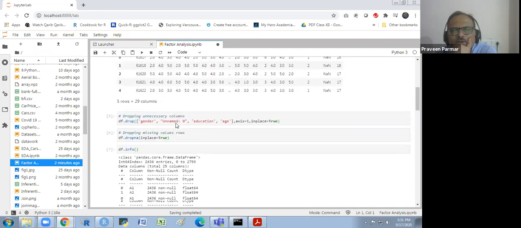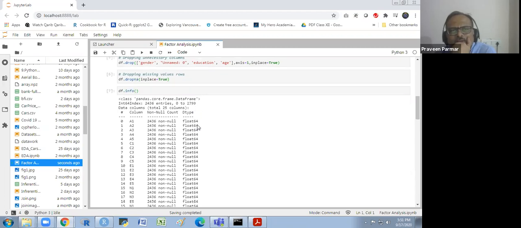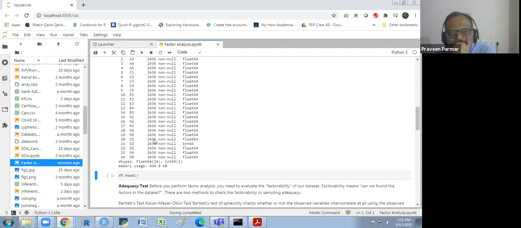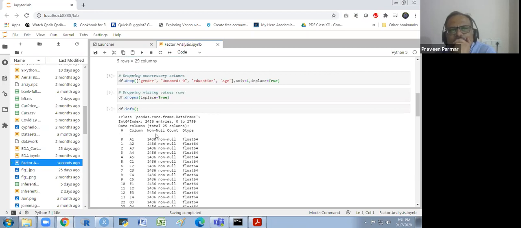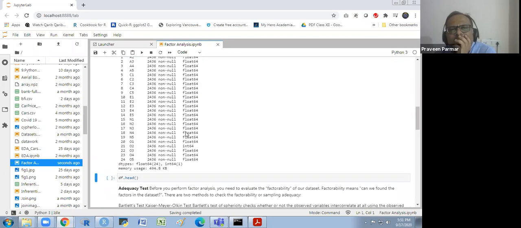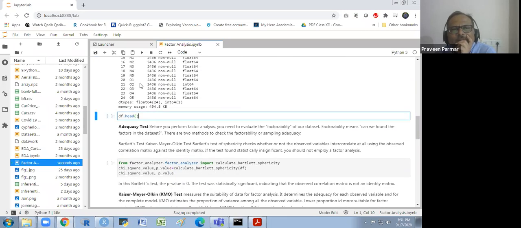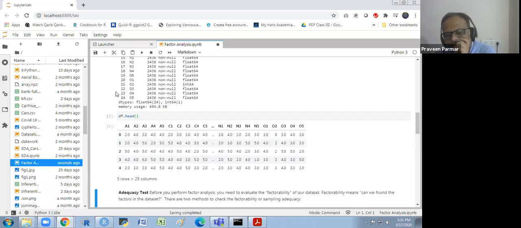I now have 2,436 entries, and we now have only numeric float64 columns. This is the information about the data, and this is the head I am showing you. Okay.